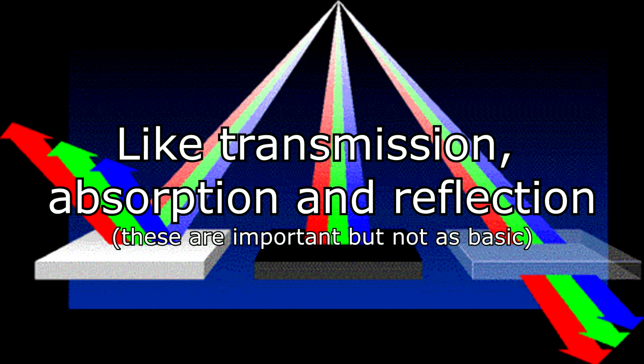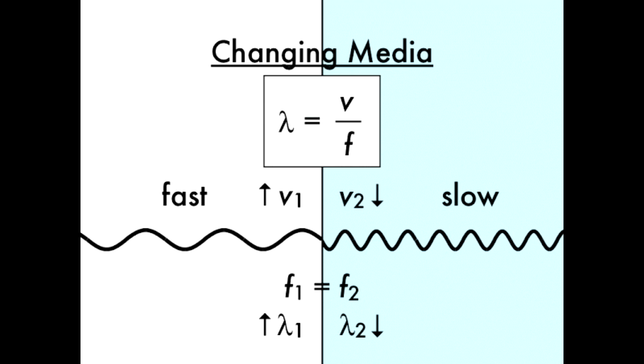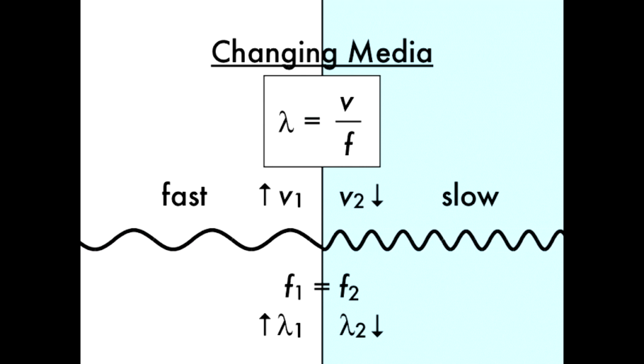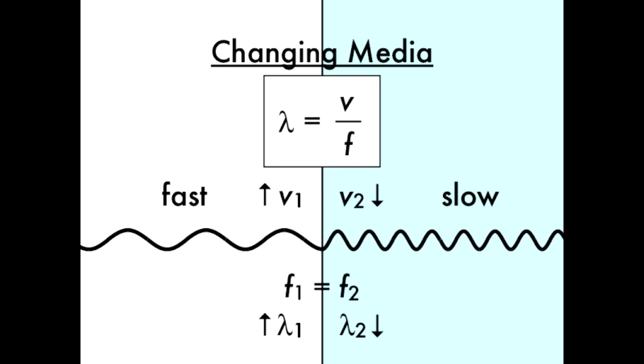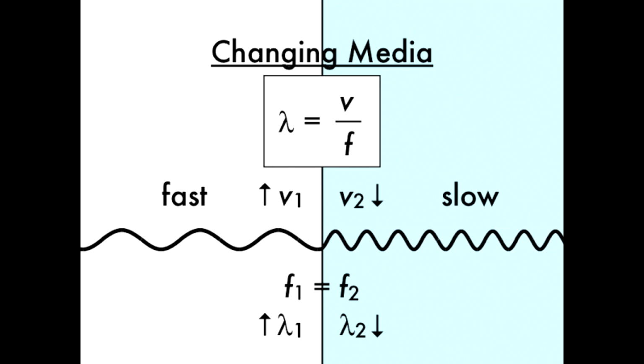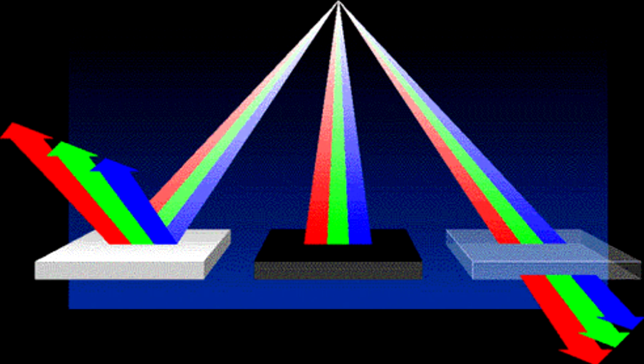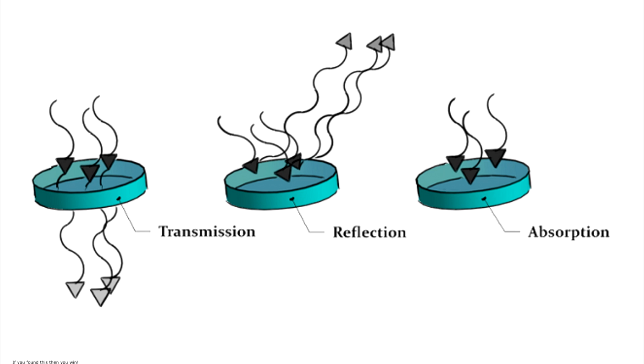So density and temperature. Now, as I mentioned, there are other things we could add to this list, but they are not nearly as important as these two. So I'm only gonna mention the two. We will talk about things in future videos that relate to this, which is when you have a couple mediums. Like what happens if I'm talking in air and then the pressure waves I create with my mouth meet the wall in my room? The wall is a different medium. So some of the sound will be absorbed, reflected, and refracted, and the amount of each one of these is going to be different depending on the material and a whole bunch of factors.